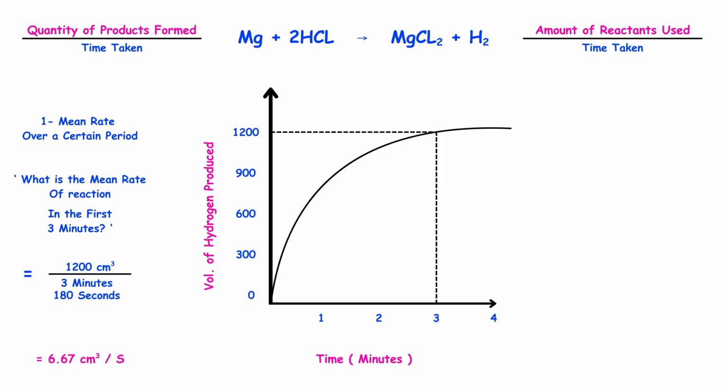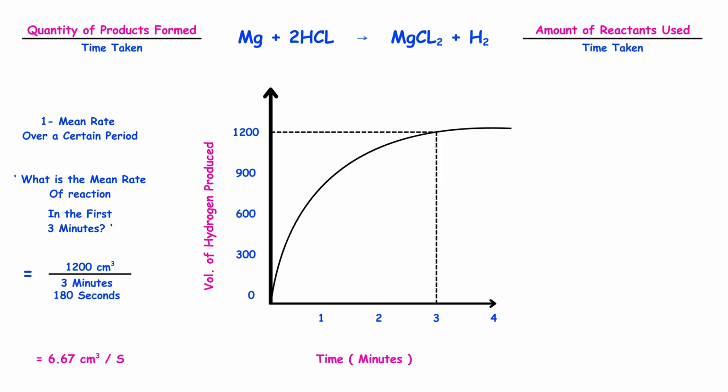In such a graph, time would be shown on the horizontal axis, and the volume of hydrogen gas produced on the vertical axis. At the start of the reaction, there are large amounts of magnesium and acid present, so hydrogen gas is produced rapidly. This results in a steep curve, indicating a high reaction rate. As the magnesium gets consumed, the reaction slows down and less hydrogen is produced, causing the graph to become less steep. Eventually, the curve flattens out, or plateaus, indicating that no more hydrogen is being formed because all the magnesium